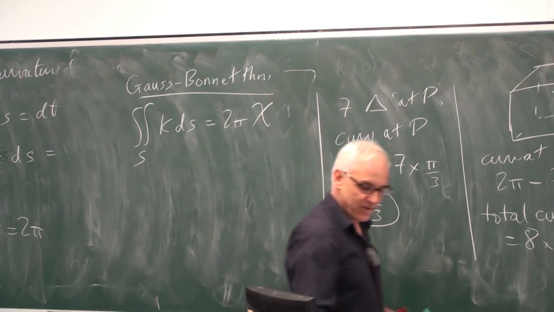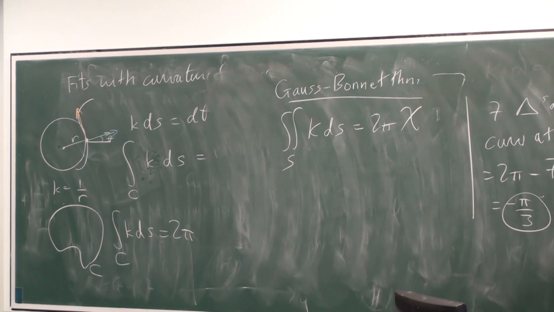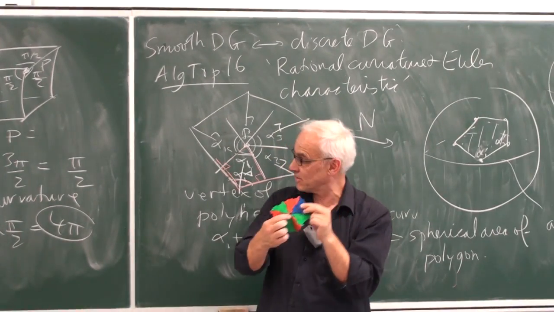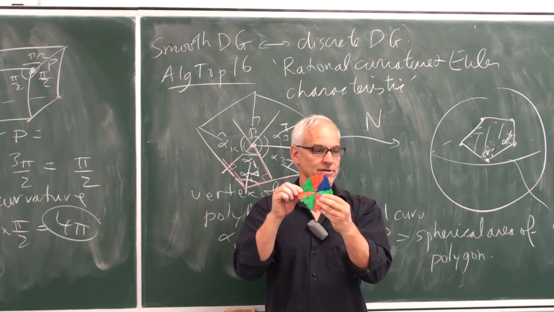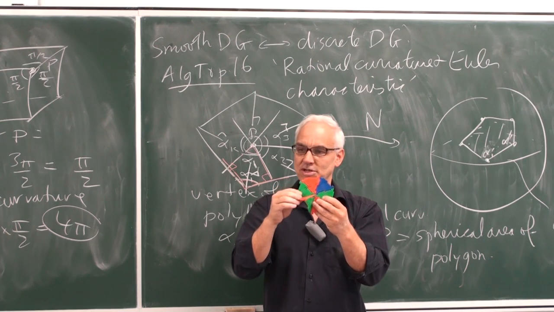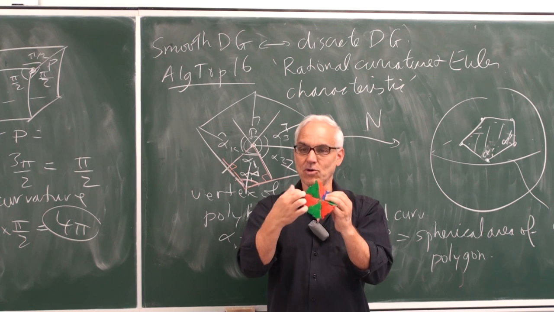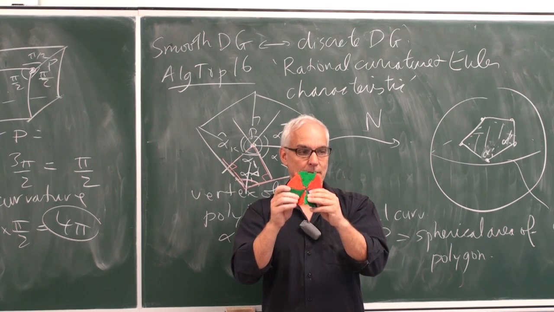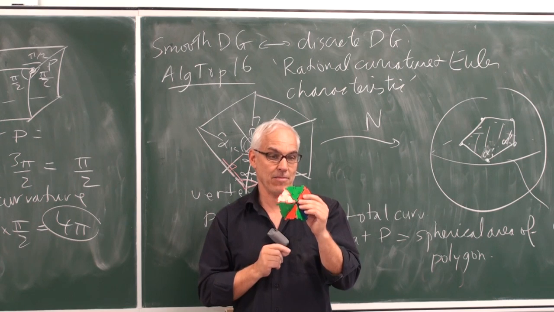And finally, this really gives some kind of understanding of the theorema egregium. Because when you look at it from this point of view, you can see that the curvature here, which is minus pi on 3, is going to be unchanged if I start distorting it. These distortions here are not affecting the geometry of the surface. If you were a bug, you wouldn't be able to tell any difference in terms of making local measurements. And it looks like I'm changing the surface, but in fact, the curvature at this point is staying exactly the same.